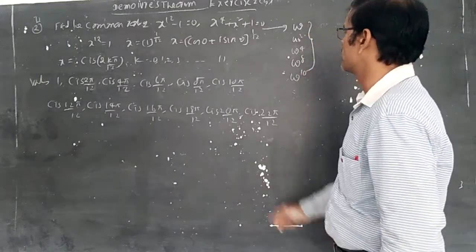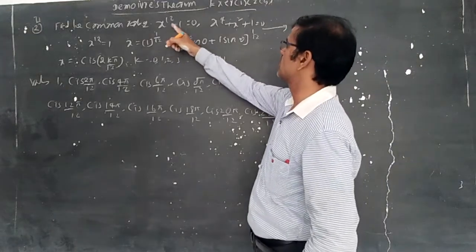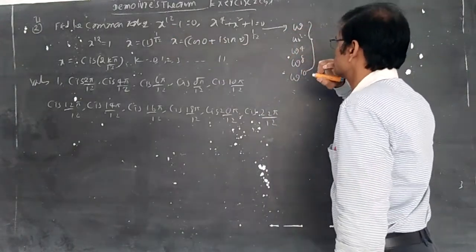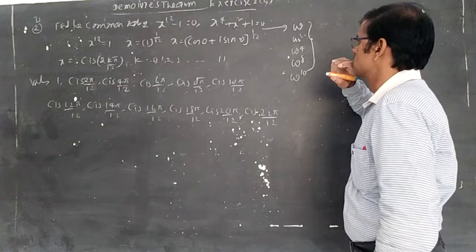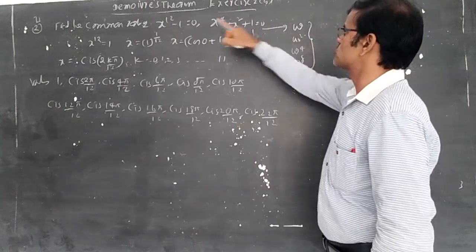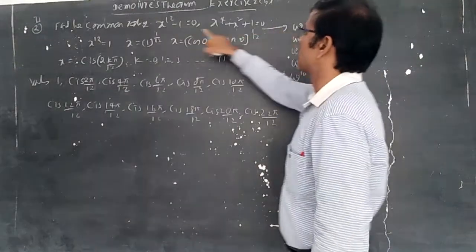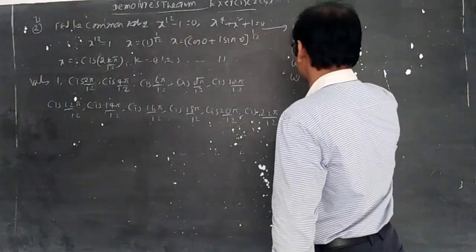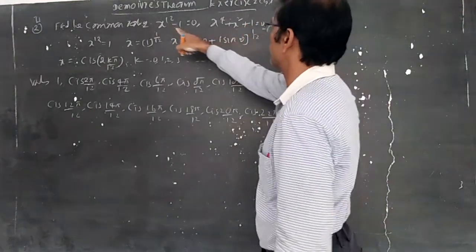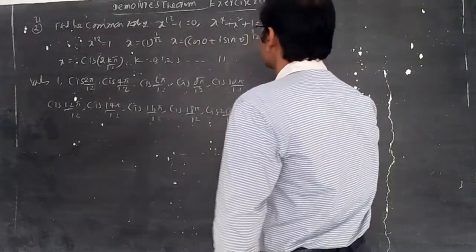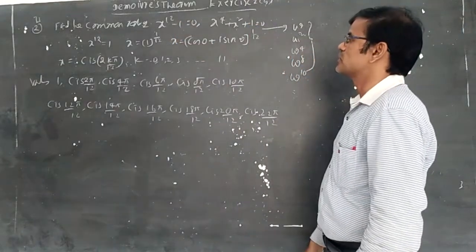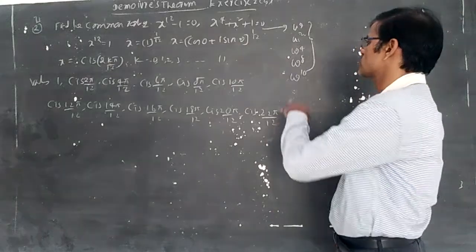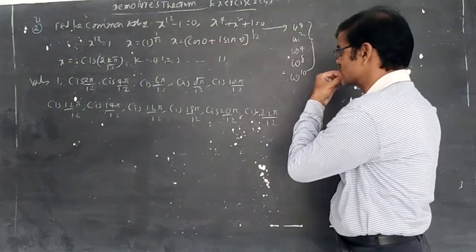Like this, omega power 10 is not possible. A common root should be there. Omega power 12 means 1. Omega square whole power 12, so omega power 24, it is correct. Omega power 4 12s are okay. It's okay, 48. Omega power 8 into 12 is also okay. Omega power 12 whole power 12, 120 is also okay.